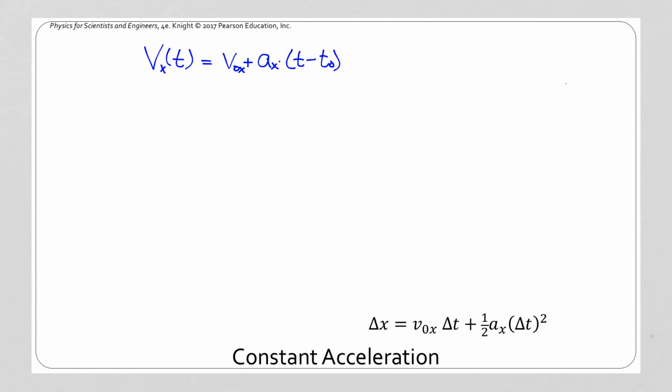Oftentimes, this term here is reduced to a delta t, but for right now, since we're dealing with this as a function of t, we want to be able to see the t there in that function. So we have our velocity here, and we recall that velocity is the derivative of position. So we should be able to say that this velocity here is going to be the derivative of the position function representing the position of that race car as it goes across an interval of constant acceleration. So same thing as before, I can multiply both sides by dt,